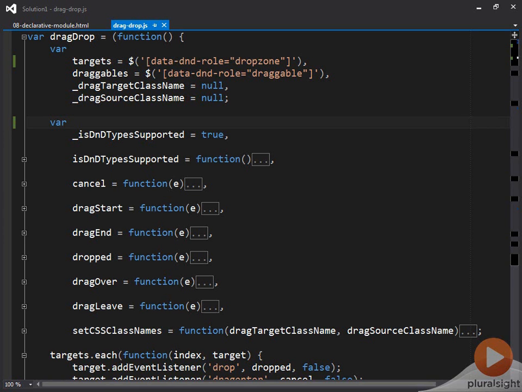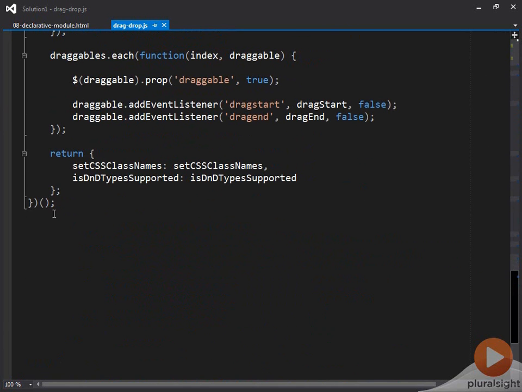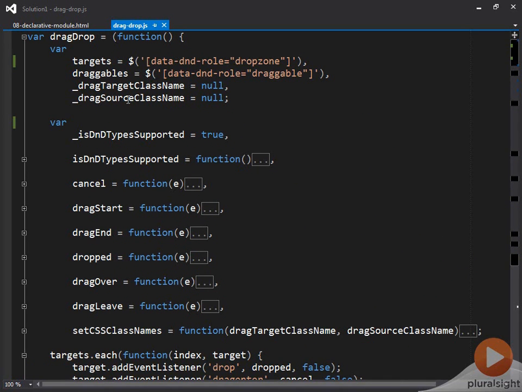As you first look at the drag and drop module, the first thing that you'll probably notice is that this is an immediately invoked function expression. With this syntax, by wrapping the function with parentheses, and coming down to the bottom, here's the close parentheses, and then open close, which immediately runs this code. All of the setup for this module happens immediately, and each one of the resulting functions are available through the